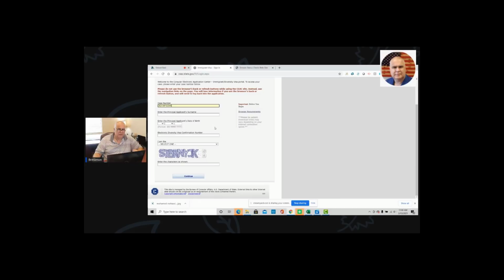Hopefully that will help you get into this form. The only reason that you would do all of that other thing in the forgot confirmation number is to actually get back to this page and figure that out. So I hope that's helpful, and I hope it will clarify to some of you what you should be doing. The other tip on here is to make sure you take the leading zeros off of your case number. Make sure you put your case number in correctly, with the year, with the region, and then just the number part of the number. And then confirm the other pieces of information to make sure you're entering that information correctly. If you do all of that, you should be able to get into your DS260